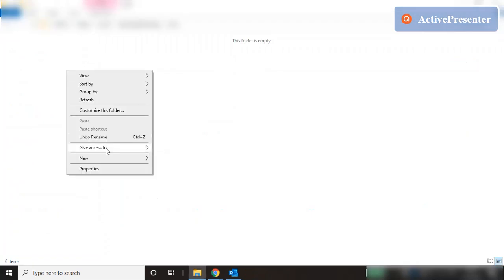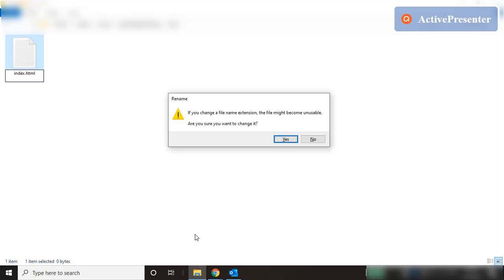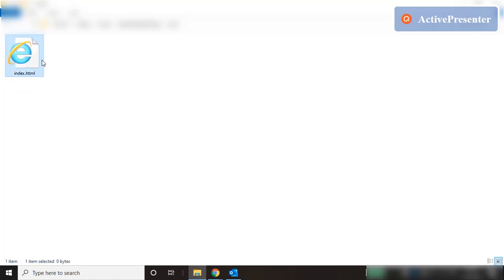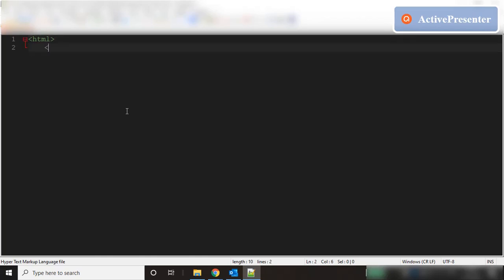Let's create a text file over here and rename it to index.html. Right click and open with Notepad++. Here is where we're going to design the default page for our website. Now we start with the HTML tag. It's going to be a very basic website, so people who don't know HTML shouldn't find it too difficult to follow. So we start with the HTML tag and we put a body tag,